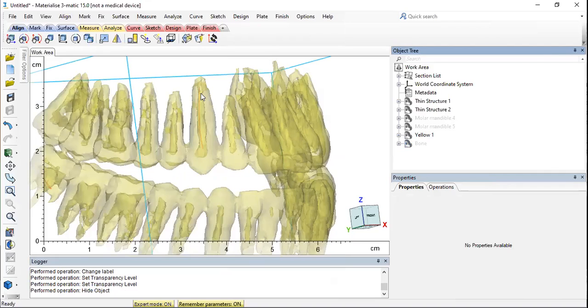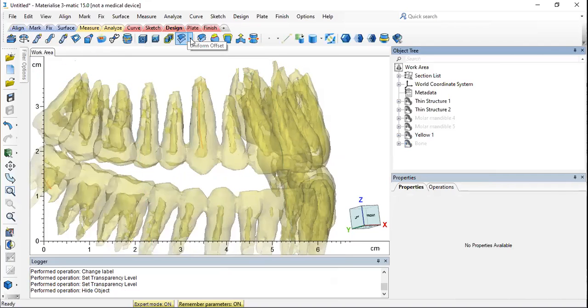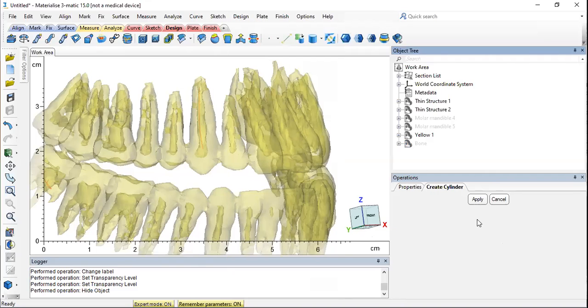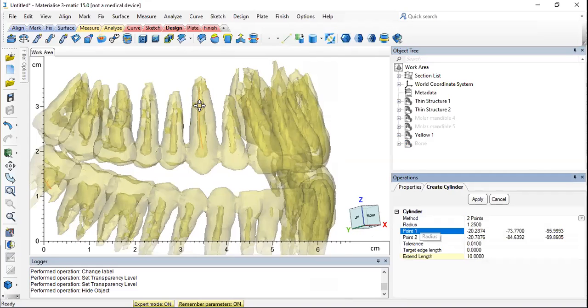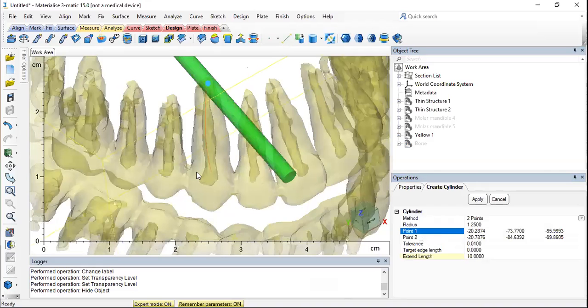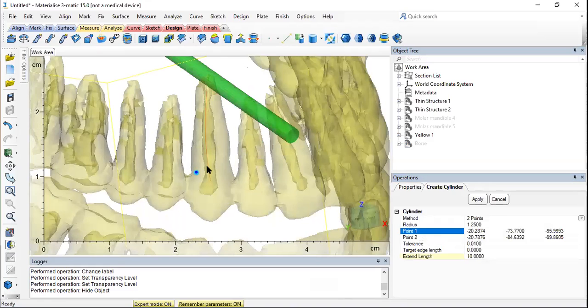So we'll go to design, create primitive, and create cylinder. I'm going to give a 2-point option. Point 1 is somewhere here on the triangle surface, and my point 2 will be somewhere here on the tip of this tooth.